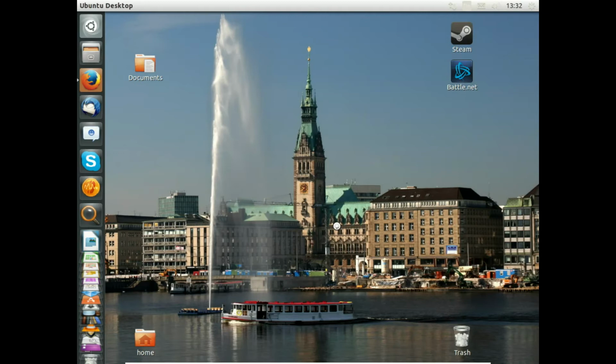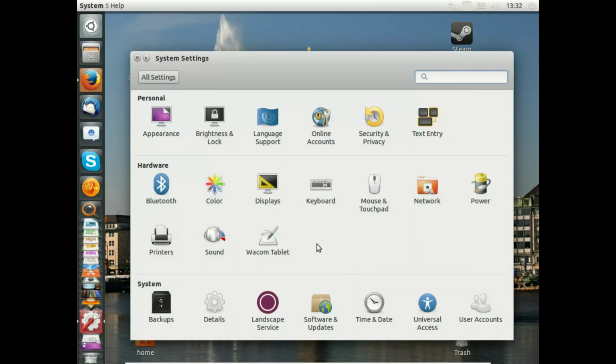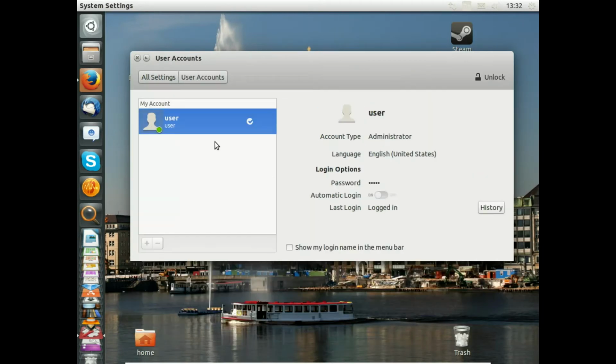And in the system settings, you will find in the right down corner the user accounts. Please click this. And here is our actual user account, and you see here automatic login is on. We want to change this to off, so we have the opportunity to choose in what desktop environment we want